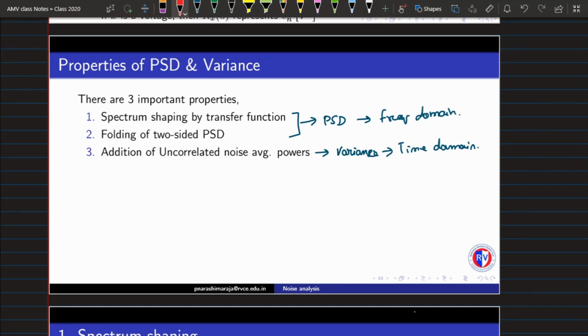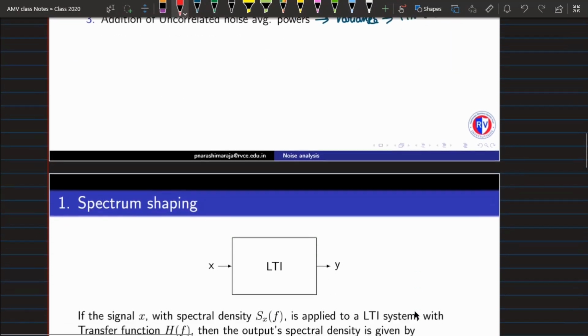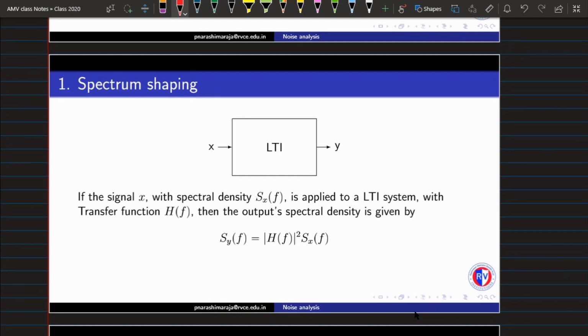So now we'll just begin with the first important property, which is known as the spectrum shaping by transfer function. It's basically a theorem from the communication system course that you would have learned in the previous semesters. So in this case, consider that we have a signal x with a power spectral density denoted S_x(f), and that it is being applied to a linear time invariant system having a transfer function H(f),